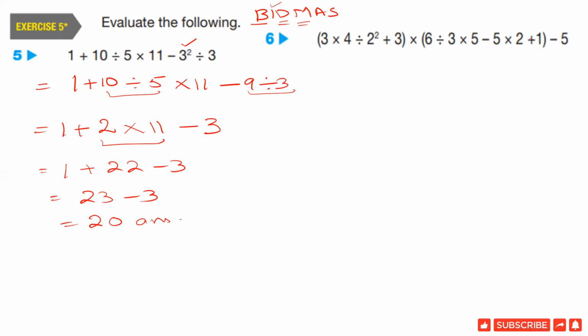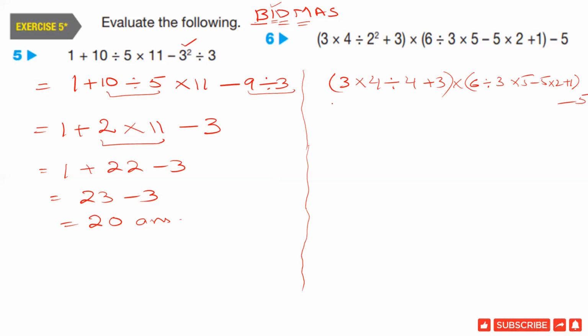You have brackets, so first of all we solve the brackets together. 3 times 4 divided by 2 square. So 4 divided by 4 plus 3 times, we rewrite the whole expression as it is. So it will be 3 times, division comes now first. So 4 divided by 4 will be 1 plus 3. Okay. Times